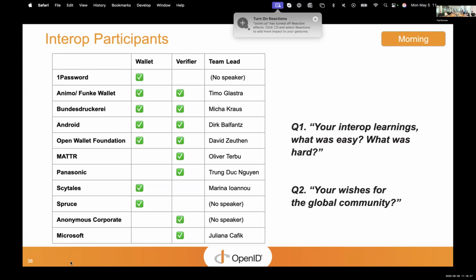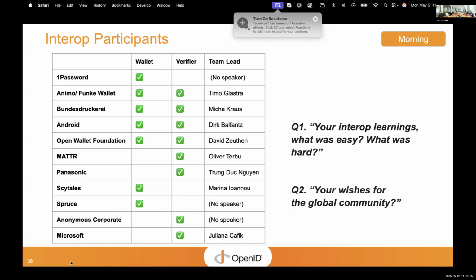Matter has stepped up in ways that no one can probably understand, but significantly, the folks at NIST, as have all of the wallets and the implementers and writers of the specifications themselves. So we are really pleased and supportive of all of these efforts and think it bodes well for relying party adoption moving forward.